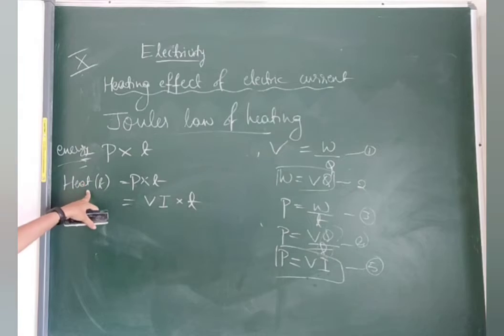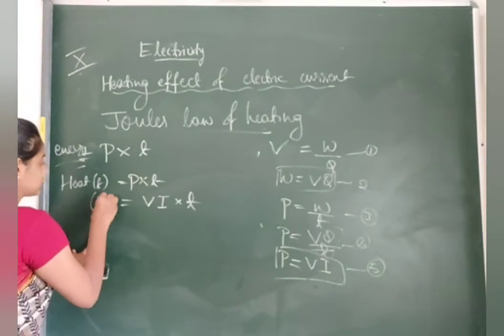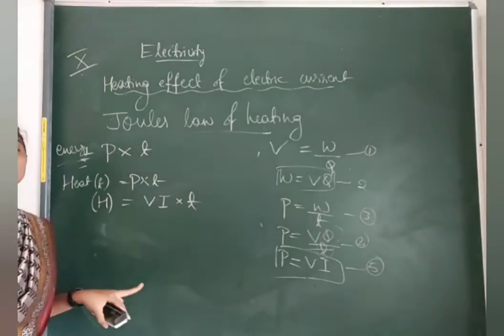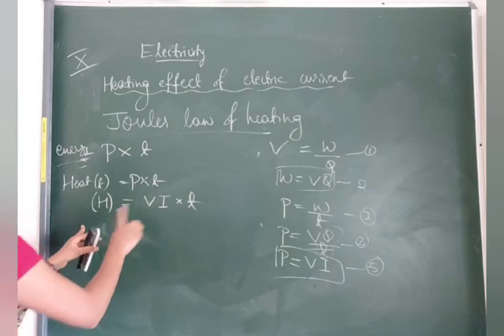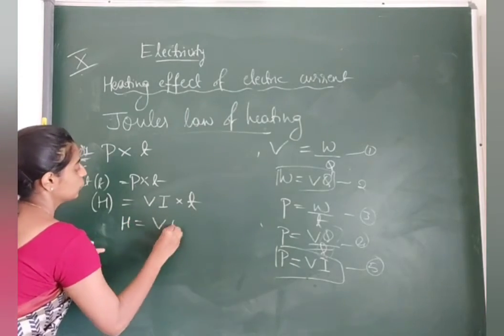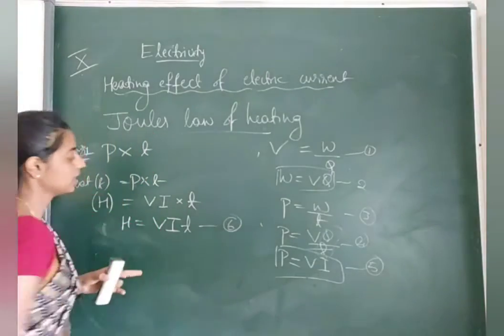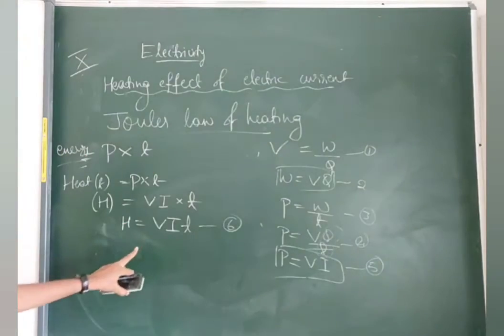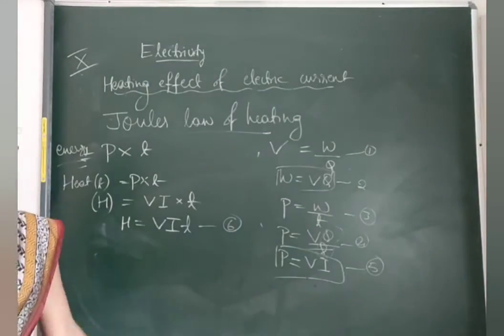No need to name it, we'll go further. So what is this? Heat produced. So let me take it as H. As I told, heat is denoted by a capital letter H. Now what was our equation? H is equal to VIT. Now let us take it as equation number 6. Now we got one equation, but it is not the end. For the heat equation, we need to go a few more steps.